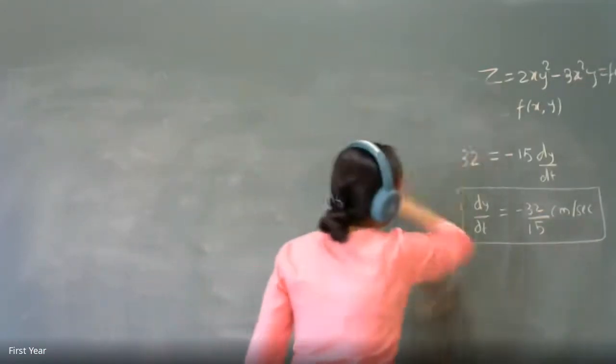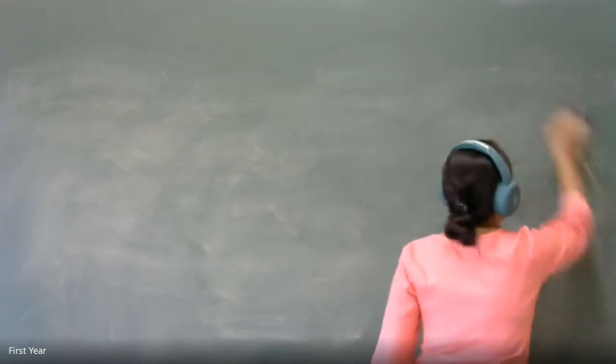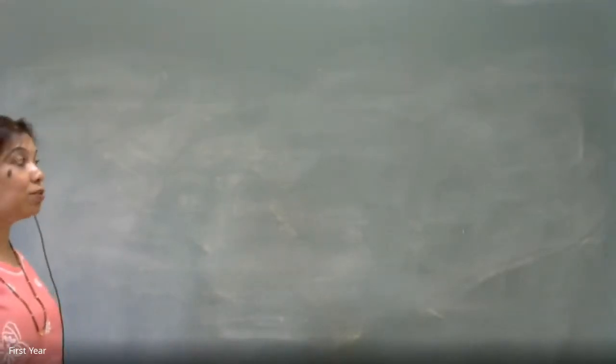Who will tell me the answer? Take 2 minutes and try to think. It's easy. Whatever we have done till now, from that only you'll be solving. Only one small change is there in the question. You are not given percentage error, but you are given some small changes. How do you go about it?